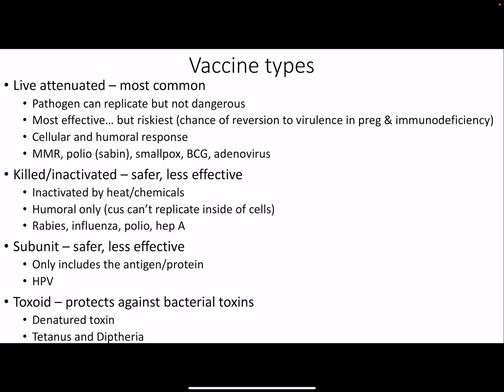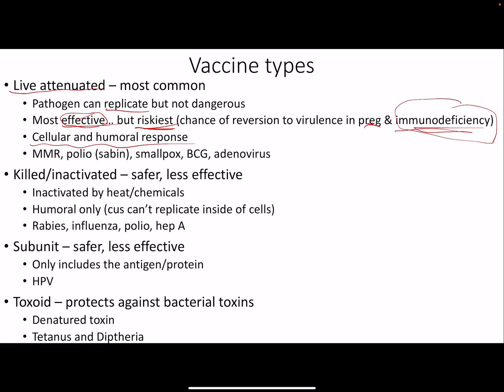All right, vaccine types: live attenuated. Attenuated means weakened, but it can still replicate. The fact that it can replicate means that it's going to be more effective, but it's a teeny bit risky, not super risky. I don't want to feed any anti-vax hysteria. But if somebody's pregnant, or immunodeficient, potentially the virus could reactivate, or even in its weakened state, if somebody is immunodeficient or weak, it could still cause problems, or could get into the baby and cause problems. Because it's a more effective vaccine, though,